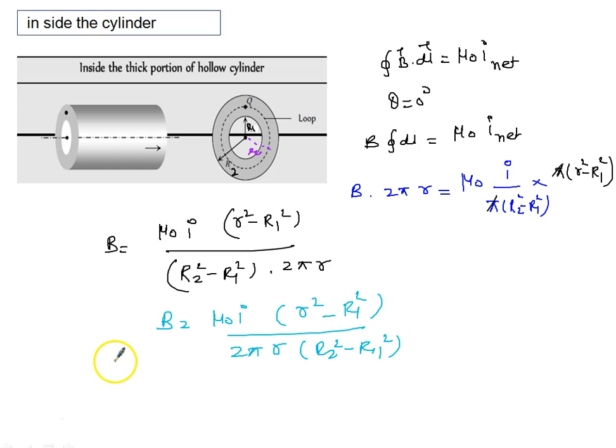Now I am telling you to solve two conditions. First condition is that if I say point of observation is at the inner face, and if I say point of observation is the outer face. So all of you just put these values and get the answer yourself. I will show in the next slide.